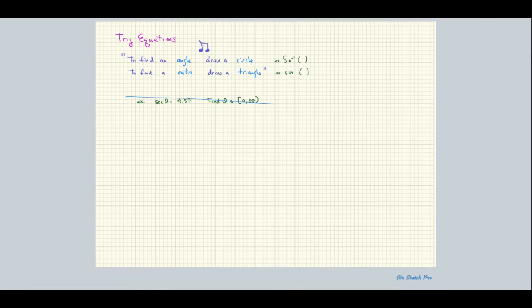Okay, here we go. So here's my next example, and this is going to be fairly typical of these other ones. So let me just do this one here. All right, here we go. 2 sine squared beta